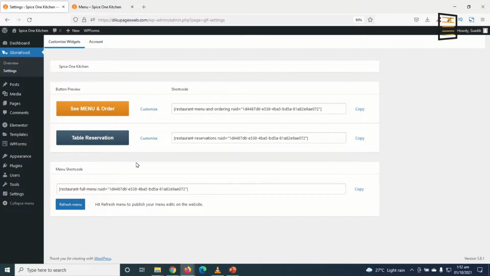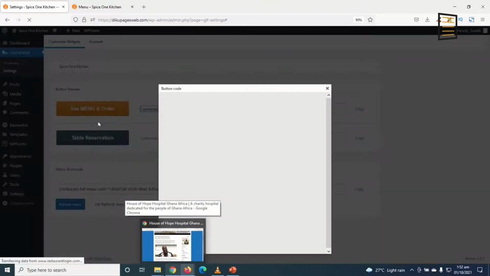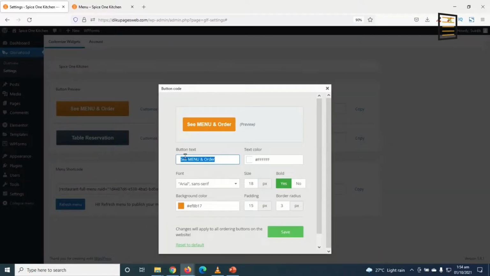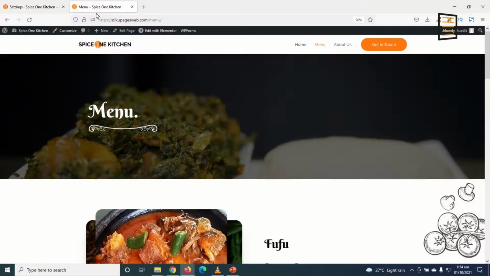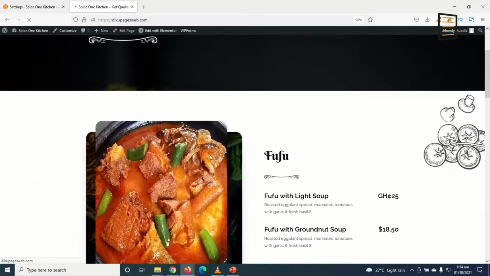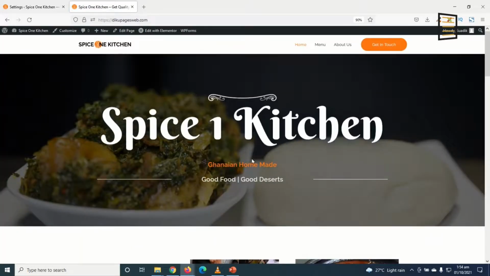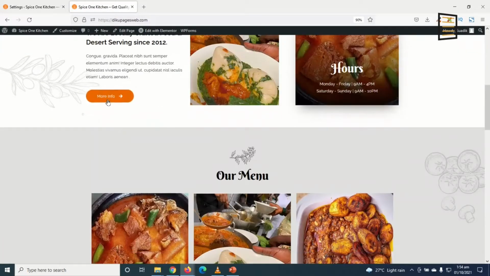You can go ahead and customize your buttons. So I click on customize for menu order. So in here I can change the button text for the menu, then I enter order now. Maybe I can take inspiration from my buttons I have on my home page. So I go to home, and I have my buttons in here. So I go back,